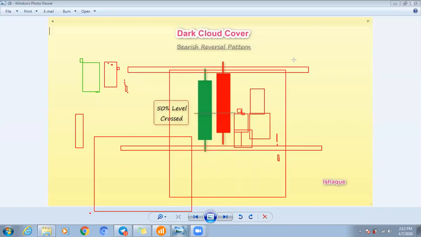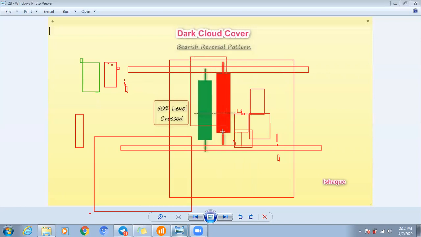In a trending market, the market follows the trend. So the dark cloud cover pattern is not as strong a pattern as the bearish engulfing pattern. The bearish engulfing pattern is much stronger because the bearish candlestick engulfs the whole previous candlestick. It means sellers are strong. But in dark cloud cover, only 70% of sellers are strong, and buyers are still active. That's why sometimes it's not working here. You follow the trend. If our trend is strong, then the next candlestick may go up. So don't risk on this candlestick.